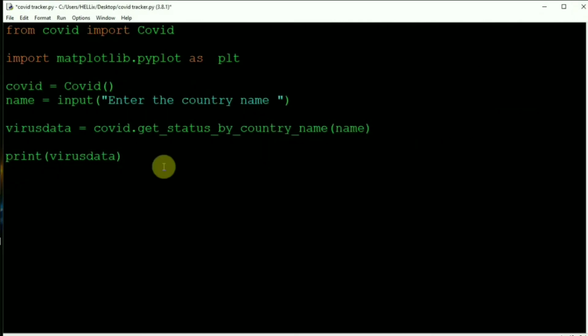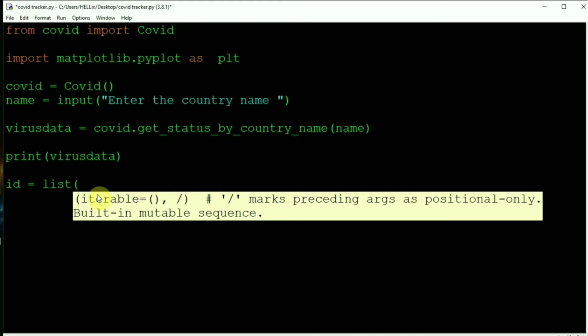Next thing I'll do: since this is a dictionary data type, I'll dissect the dictionary's keys into one side and values into one side. So first of all, write names, or IDs, we can call them IDs, equal to, in a list format, we'll convert the keys: list of virus data dot keys.